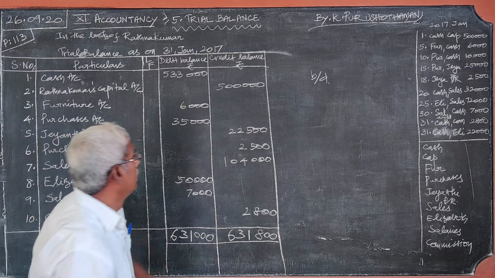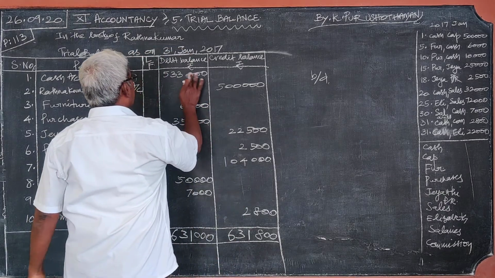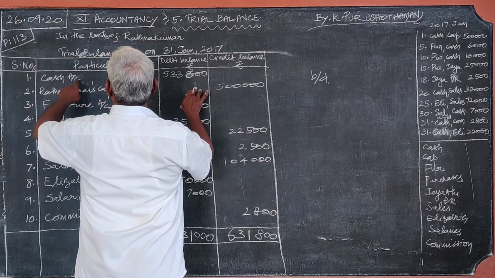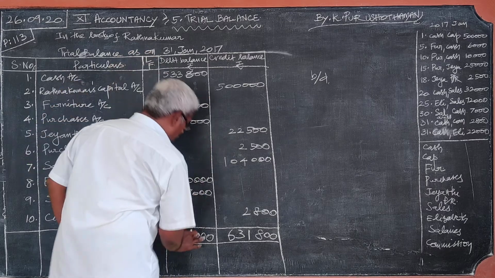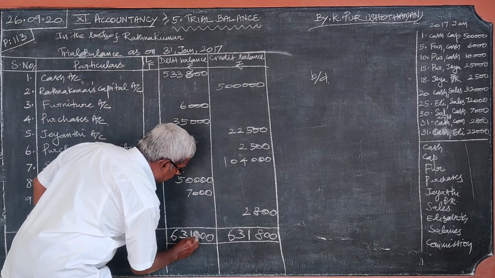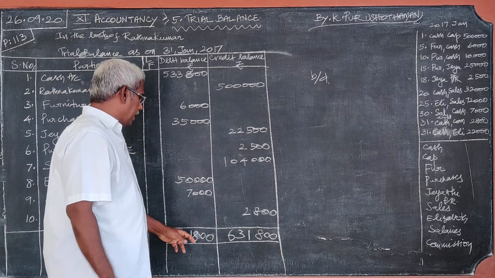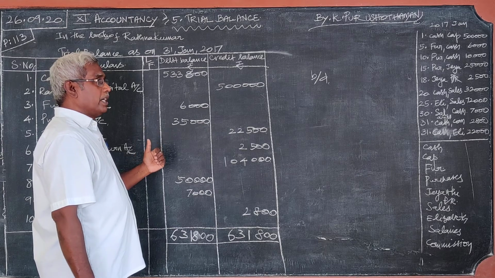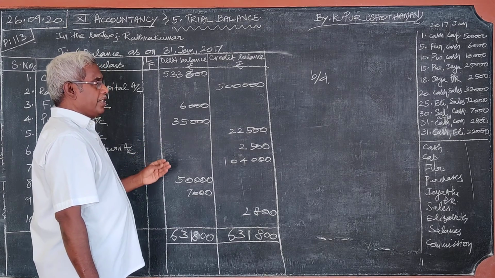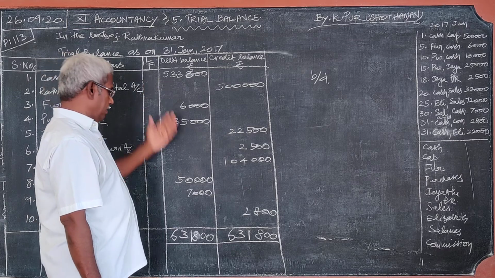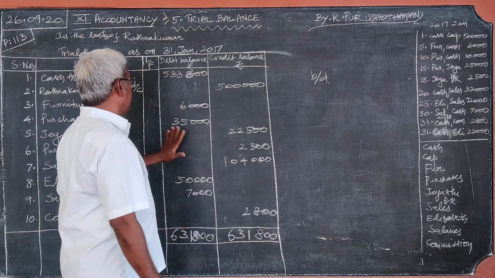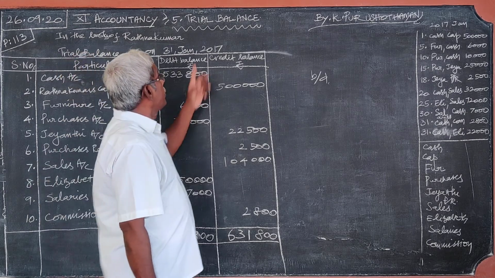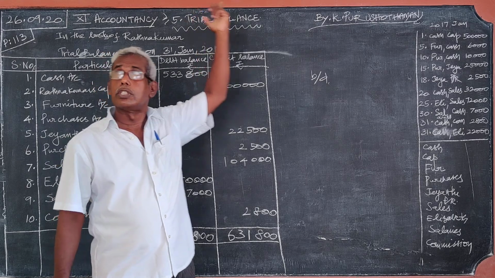The first amount is 5,33,800. We did not write that 800 here. 5,33,800 is the cash account balance brought down. So in that case, we can write this, and with 6,31,800 we get equal totals. Therefore, the journal entries we have prepared are correct, our ledger accounts are correct, and the trial balance shows the equal total. Therefore, the accounts we have prepared are correct. We shall continue the rest of the trial balance in the next class. Okay, thank you.